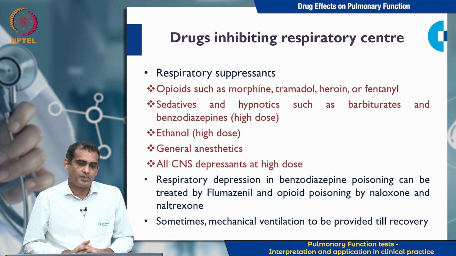Respiratory depressants or suppressants, we call them. We have medications which act on the brain, the respiratory center, and they suppress the center. They can cause respiratory depression. They can cause sometimes respiratory arrest, and apnea also can be precipitated with these medications. The most common medication is opioid. Morphine, they are all analgesics. They are excellent analgesics. We use morphine in myocardial infarction to reduce the chest pain, and we have tramadol. We use it in common painful conditions, maybe in arthritis, maybe muscular pain, any painful condition.